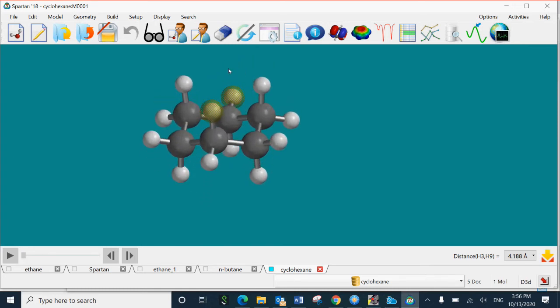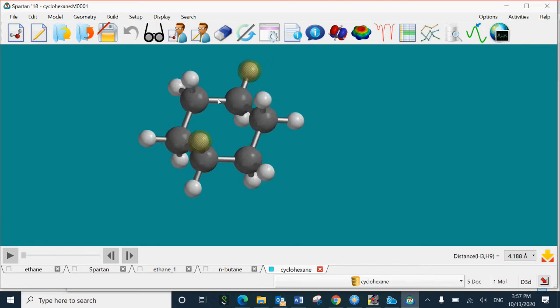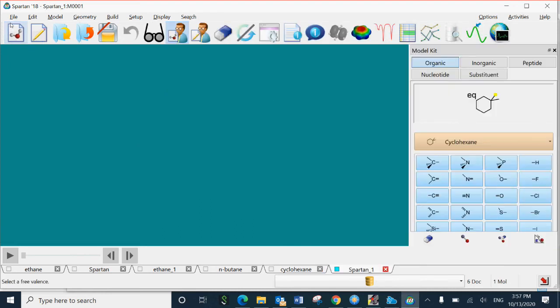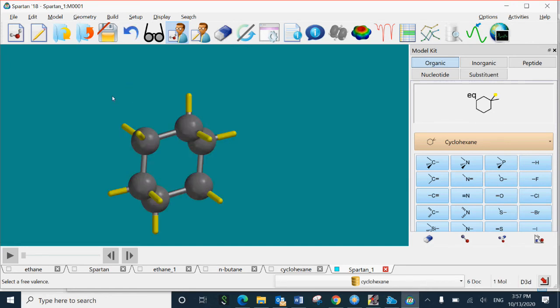Now we need to create boat cyclohexane. To create boat cyclohexane, we can go to the main menu, new build, and select cyclohexane, double click on it.